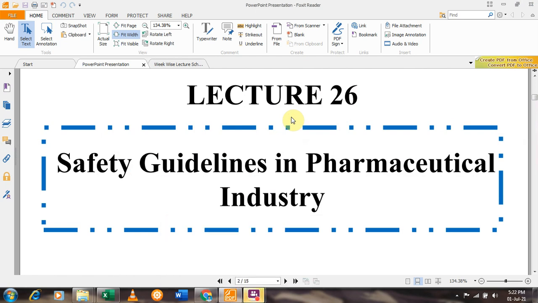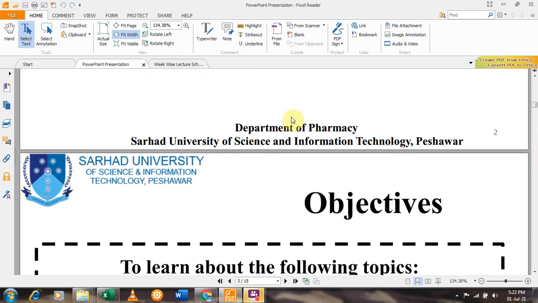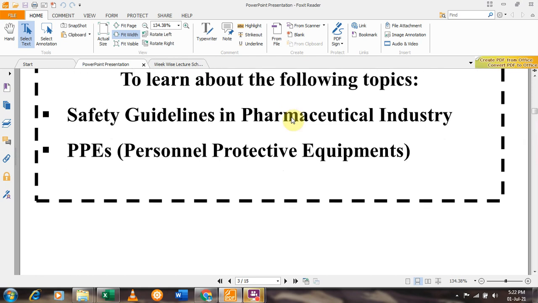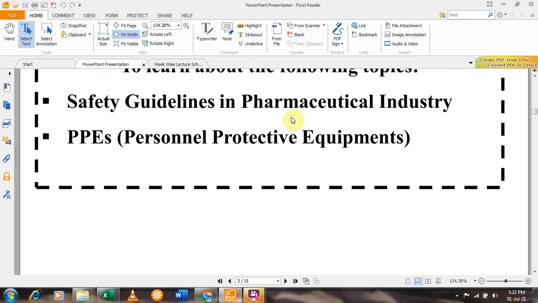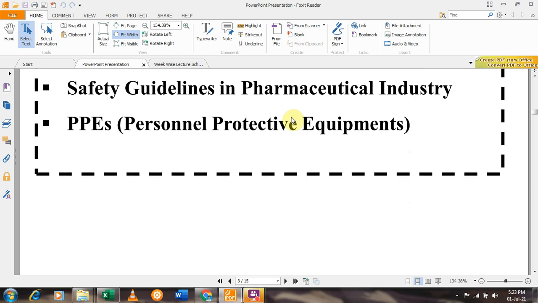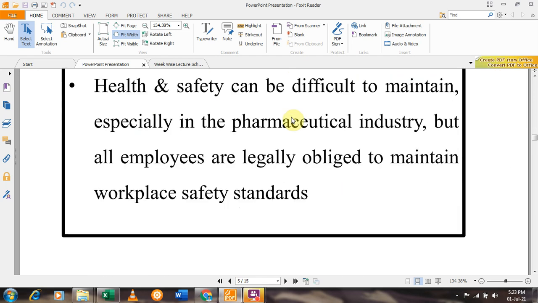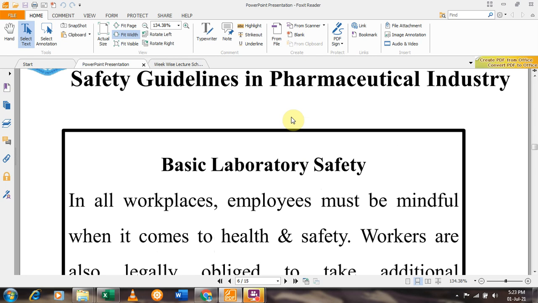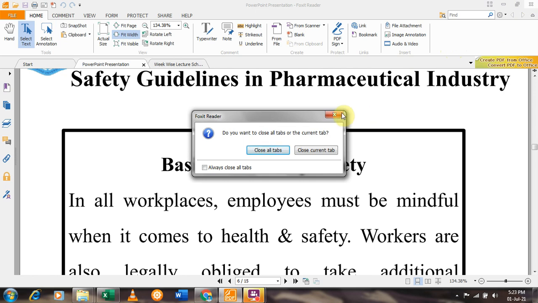In this session we discuss the safety guidelines in the pharmaceutical industries, and we elaborate the topic of safety guidelines in pharmaceutical industries by adding personal protective equipment and laboratory safety, basic laboratory safety guidelines. That was the last topic of discussion, and apart from this topic,